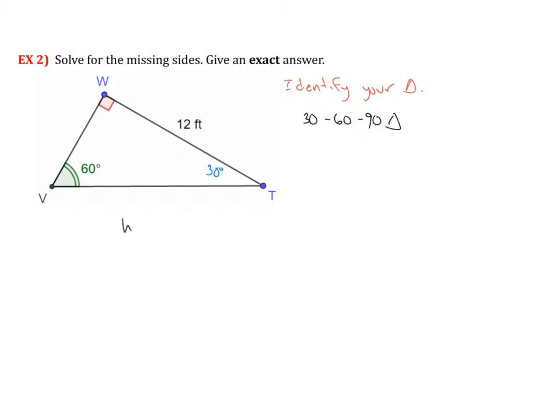One is going to be H is equal to 2 times S. The other equation is going to be L is equal to S times the square root of 3. So we have three variables: H for hypotenuse, S for short leg or small leg, and L for long leg. I always recommend that we find our hypotenuse first and label it on the triangle because it's always across